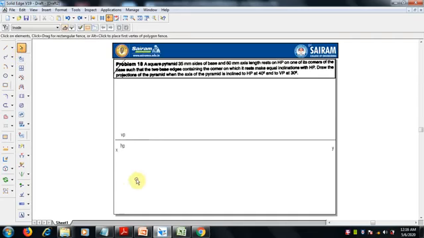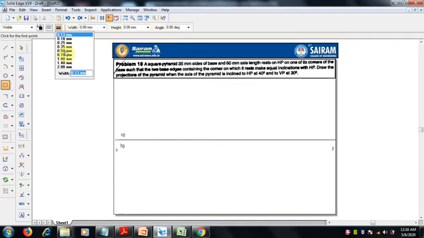Once again I will select a rectangle, 0.5 mm thickness. Here the width is 35 and the angle we have to keep is 45 degree. 0 degree means it will come like this. If you give 45 degree, then it is rotated. So we can keep it like this. That's all. So angle 45 degree.